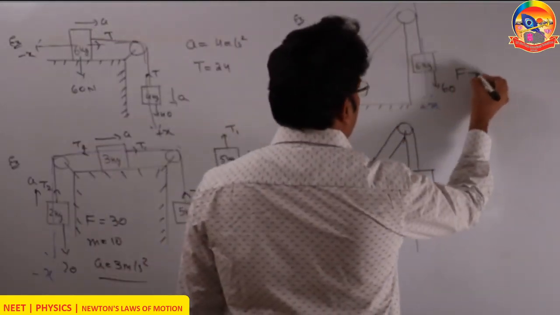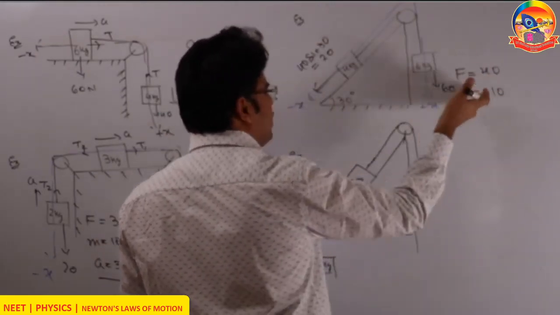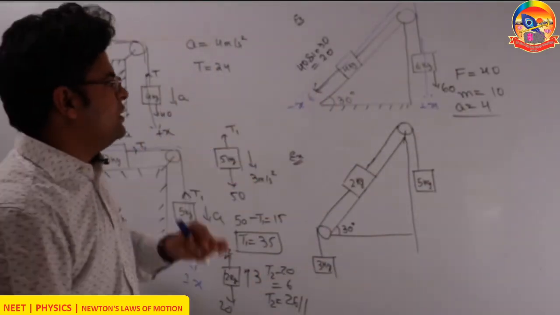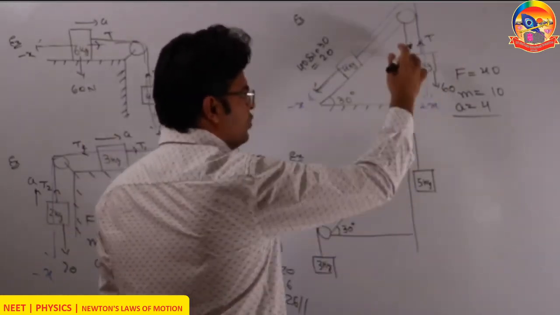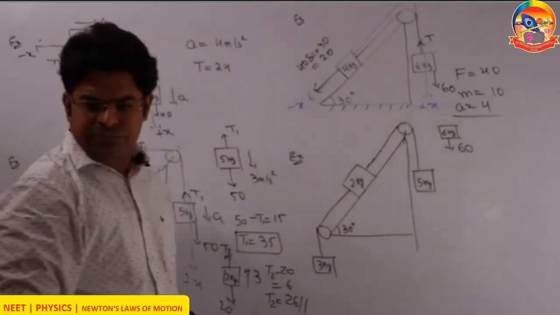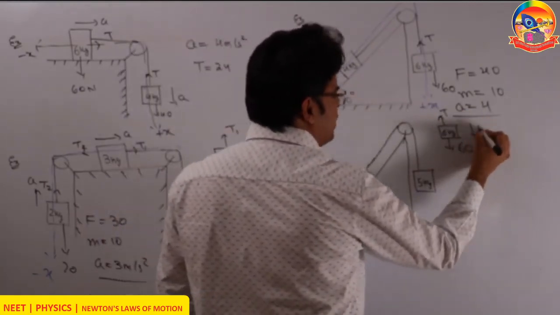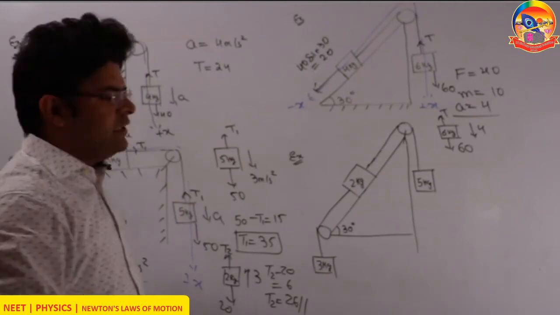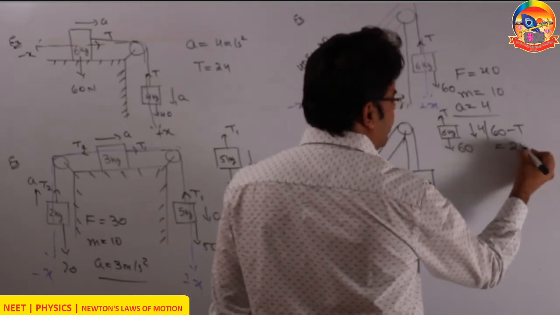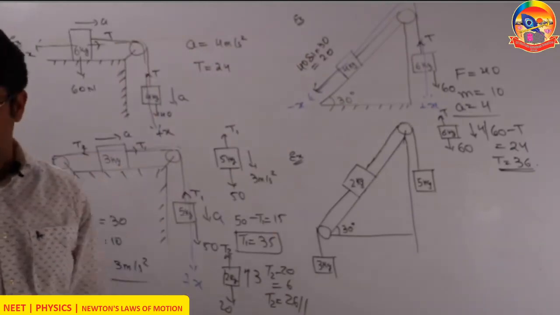So the net force you can think of as 40, and the mass of the system as 6 plus 4, 10. So the acceleration of the system has to be 40 by 10, that is 4. Now once you know that the acceleration is 4, you can find out the tension. How? Let's say the tension here is T. So you will write the equation on the 6 kg. On 6 kg, downward force 60, upward force T. Under the influence of these two forces, downward acceleration 4. So you will write the net force in the direction of acceleration: 60 minus T equals mass into acceleration, 24. So here we get T equals 36. The tension in this string has to be 36.